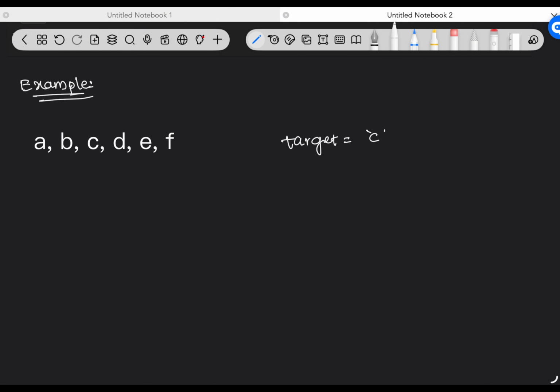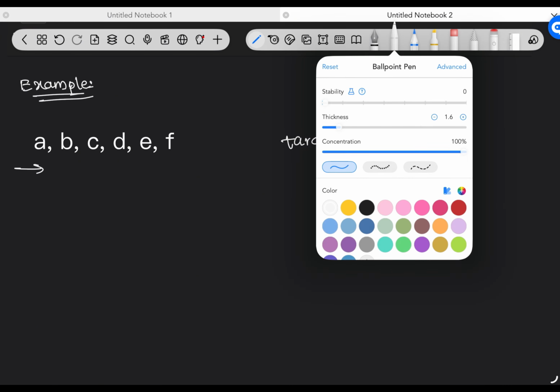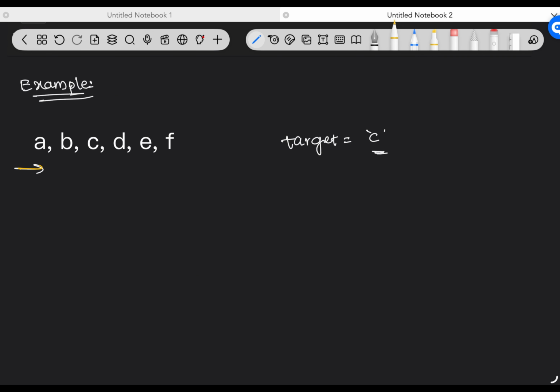So here we have a, b, c, d, e, and they have given a target as c. So if we go with the brute force solution, we'll compare each and every character. So first we will traverse the letters array, and we'll check each character. Is this a greater than c? No. Is this b greater than c? No. Is this c greater than the target? No. Next, is this d greater than the target? Right, true. So we will return